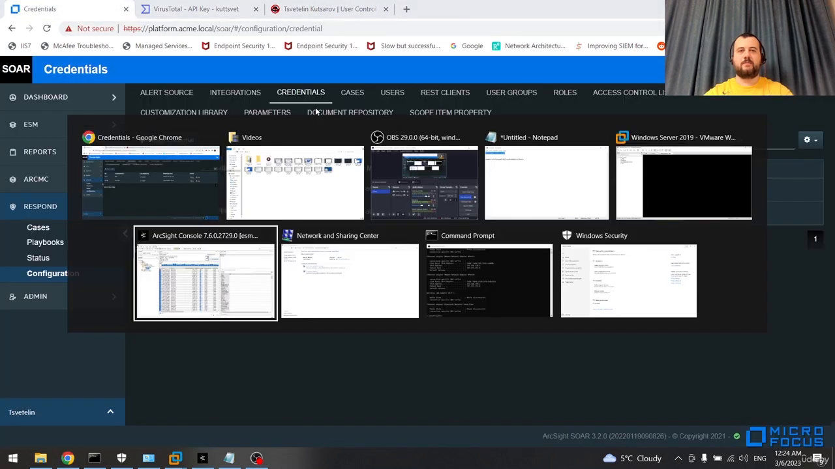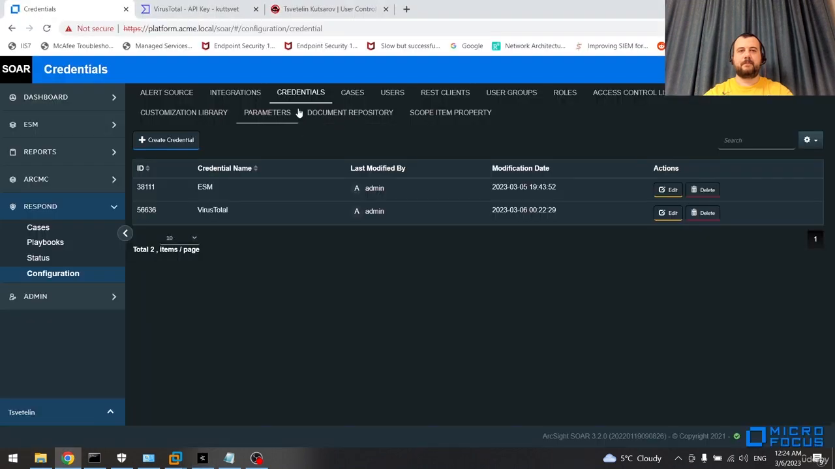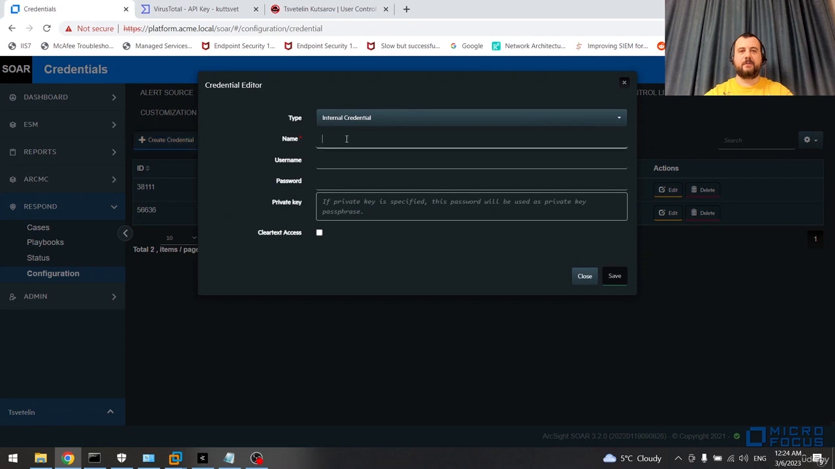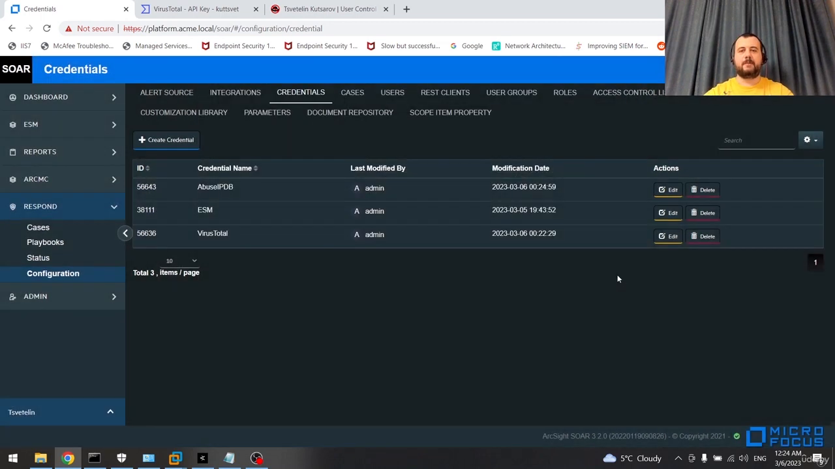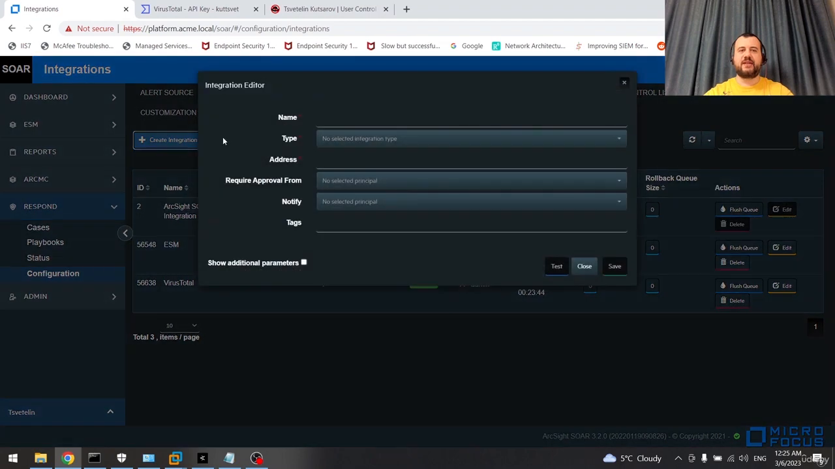Go back under SOAR, click on credentials, create credential, AbuseIPDB. Username, password, not needed. Again, same as VirusTotal, the only thing you need is just to paste your private key, API key, excuse me. After that, go under integrations, click on create integration,